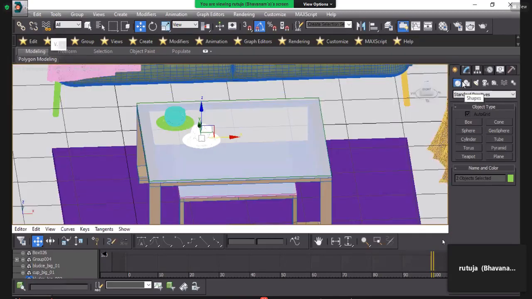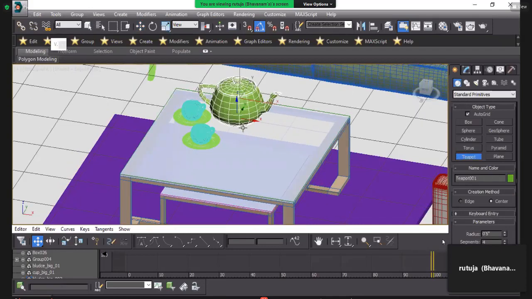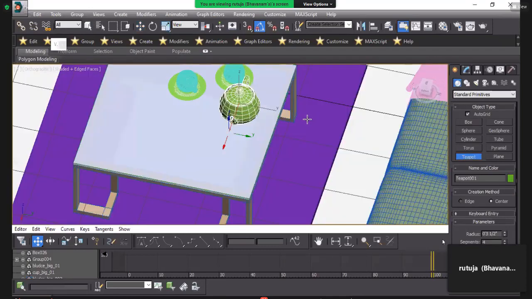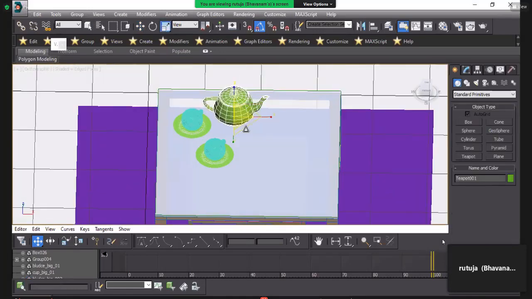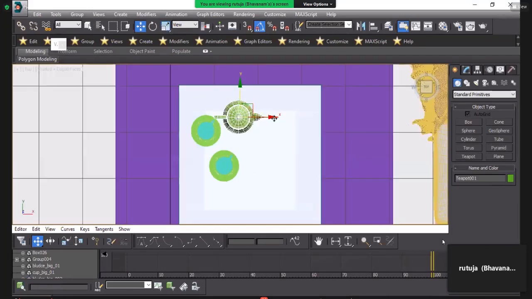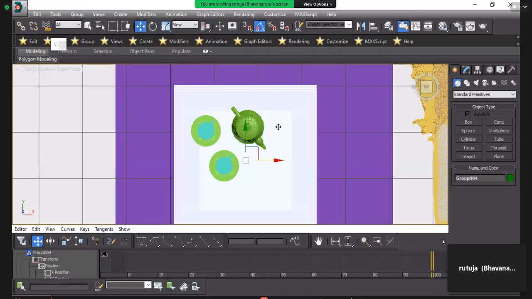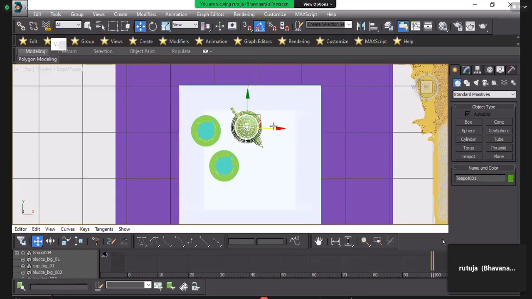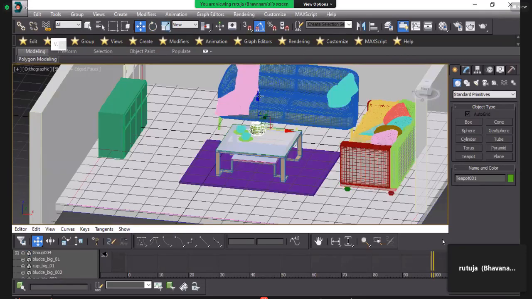And I will tell you, in a previous lecture, the shape we will give here is the teapot in standard primitives. So how do we get it? Select teapot, and yeah, here is our teapot. If you see there, your teapot will be ready. For the adding purpose, I will scroll it and place it. Okay, like that.